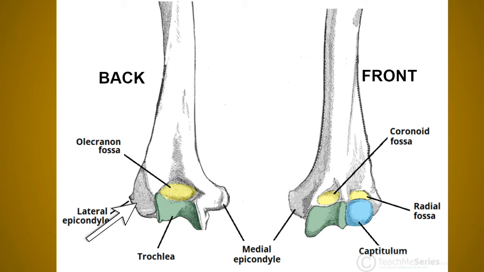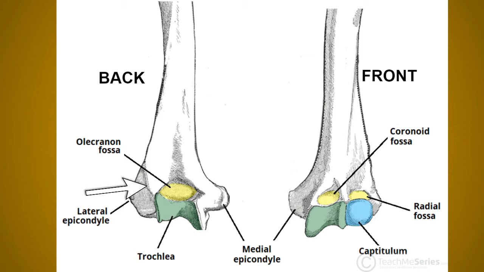And next is the lateral epicondyle. Now as you can see this lateral epicondyle is actually smaller as compared to the medial epicondyle. Okay, and by this epicondyle you can determine the side of the particular humerus bone. Now the anterolateral part of the lateral epicondyle has a muscular impression also.